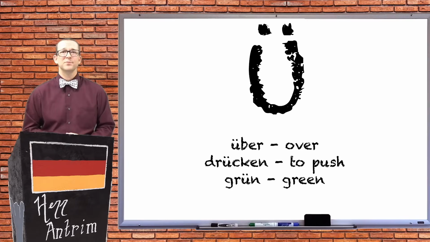The U umlaut is pronounced in a similar way to the O with an umlaut. Start with the long U sound, U. Then add an E to the end of it, E. Or you can start with your mouth in the position for the long U and push your tongue to the edge of your teeth. Ooey, ooey, ooey. It's actually more closely related to the sound of I than it is to the U. Über, drücken,